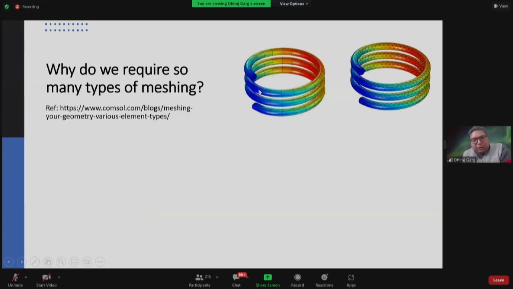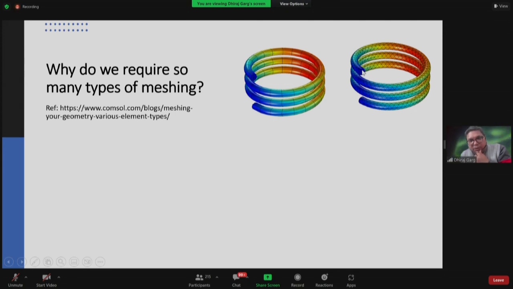This is a circular or curvature geometry, which is always a tricky one, because using structured grid we definitely like to do it, but then you will not be able to capture the curvature easily in the structured grid. Here what you are seeing is the geometry visualization, but from the grid perspective it is very coarse. So if you want to capture the curvature well, the number of structured grid cells in the axial direction would be too high. On the other hand, the same thing can be easily achieved using the unstructured grid in a